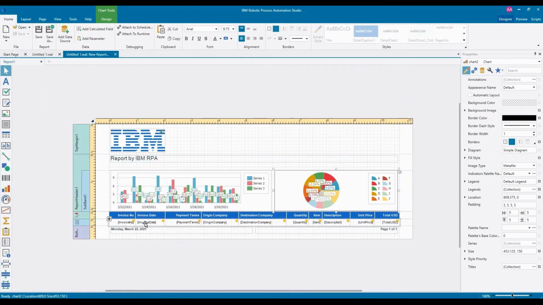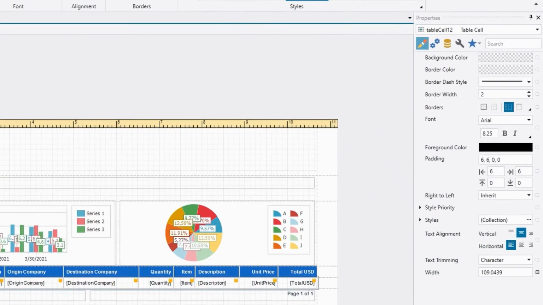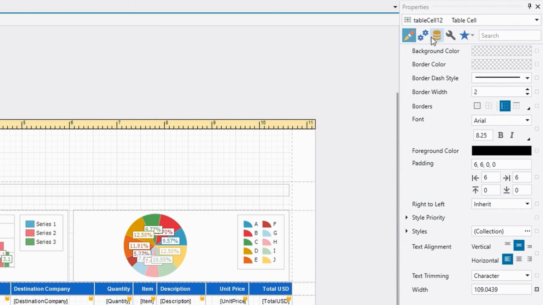Okay, now that we got some charts in our report, let's try customizing how the data is displayed on the detail band here. Here, on the invoice date column, let's change how the date is displayed. First, we click on the desired detail cell, in this case the invoice date cell. Then, on the properties panel to the right, we'll click on the third icon, the data icon, to choose the